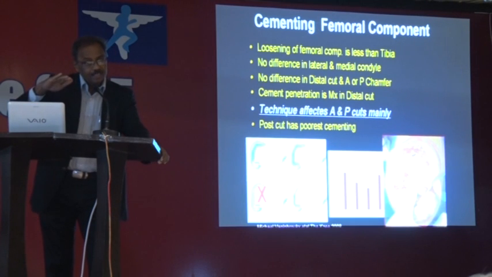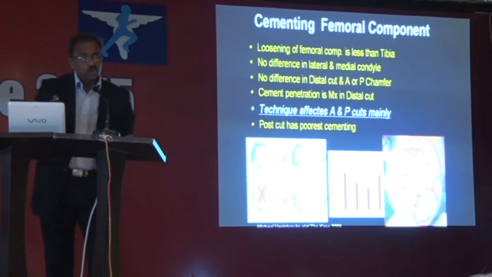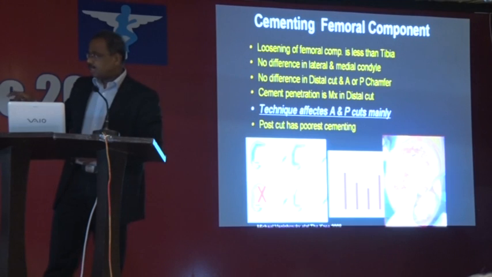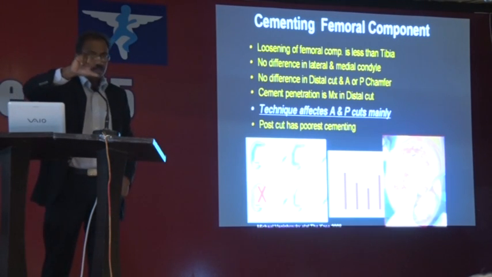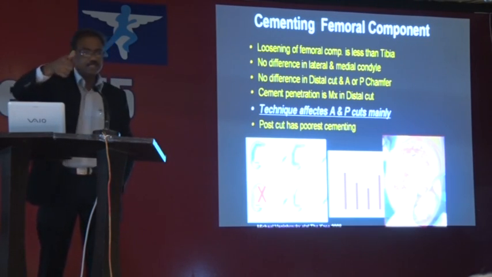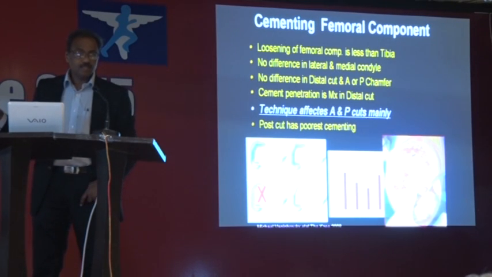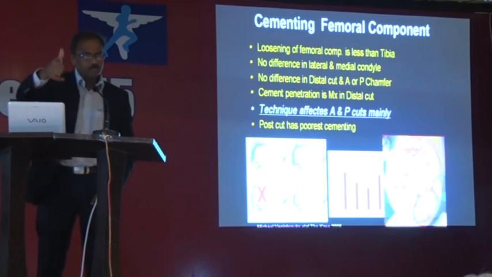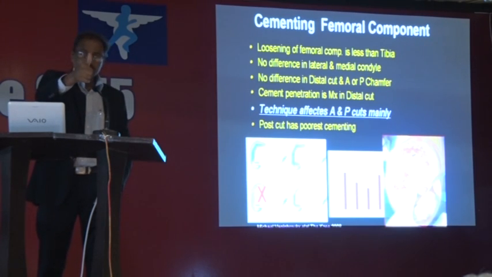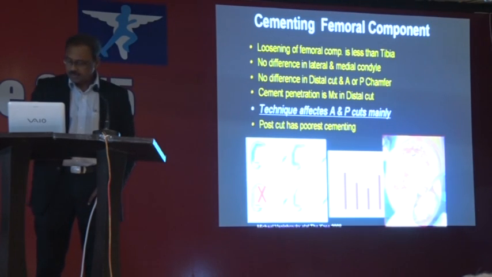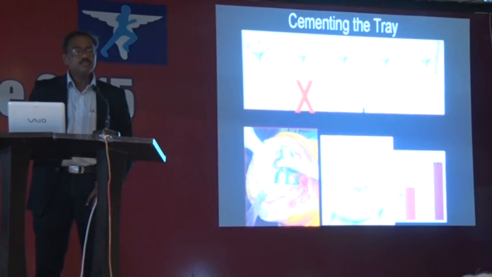For the anterior condyle surface and posterior condyle, you should put cement on the bone all around, you should press it with the thumb and you should put it over the component as well. According to this cadaver study, this is the best way of cementing. Put on both, pressurize with the thumb. Thumb is useful everywhere in the world. Even in total hip arthroplasty, you can use the thumb for pressurization. So that is the ideal way to cement the femoral component.